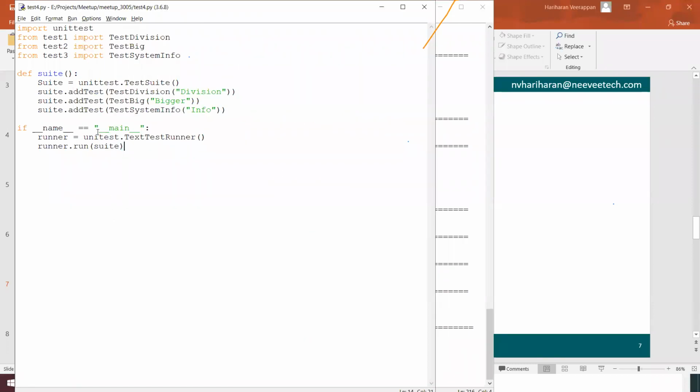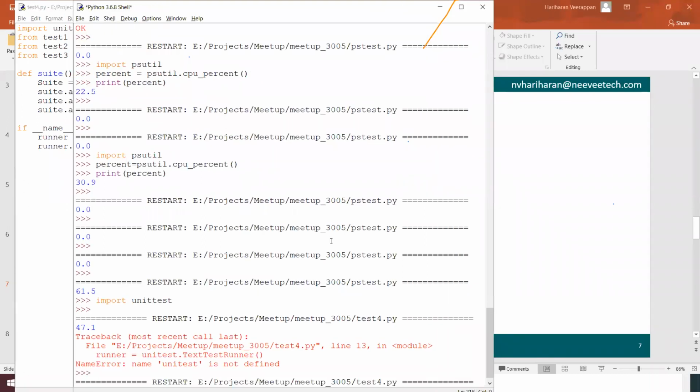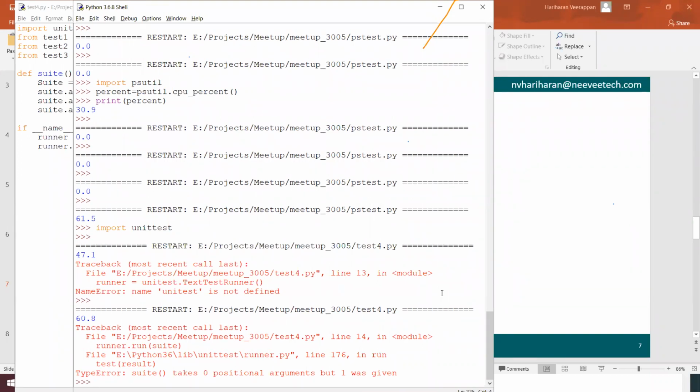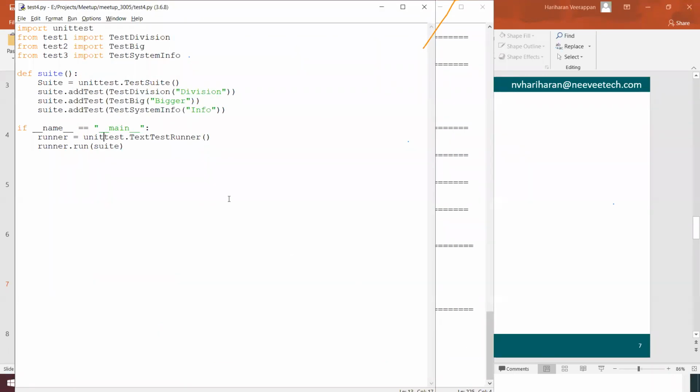Unittest, there is a spelling mistake. I'm going to do test underscore suite, and I'm going to execute this.